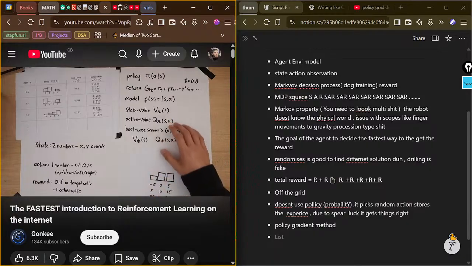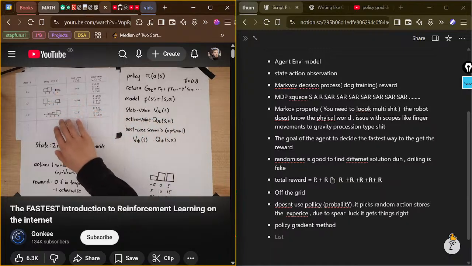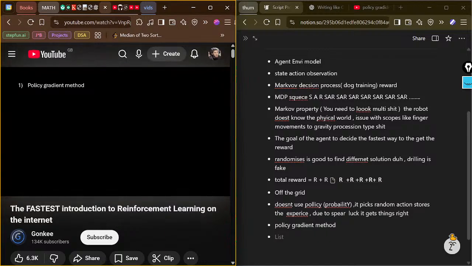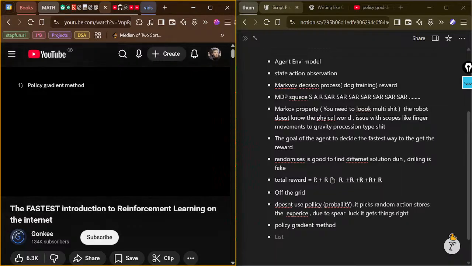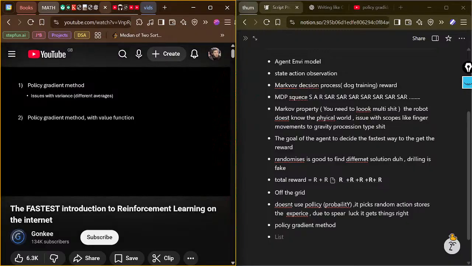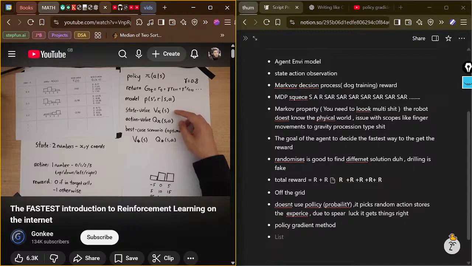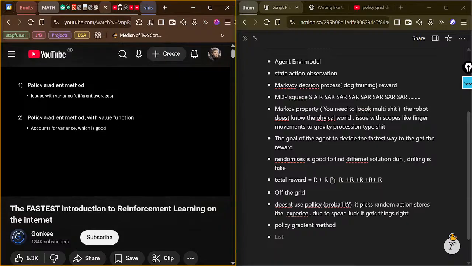Once we have our value functions, then we can improve our policy. And now we have a few different options as to how we do this. First, we could just use the policy gradient method we talked about before without using a value function baseline. There's issues with that, as we've said, with the different averages, it doesn't work that well. And then we could also use the policy gradient method with a baseline, such as our state value function, to compare with all the different returns in the same state. Now this works better as all these cases with different averages can be made to all have the same effect. But it turns out there's also another method, which is instead to just look at the